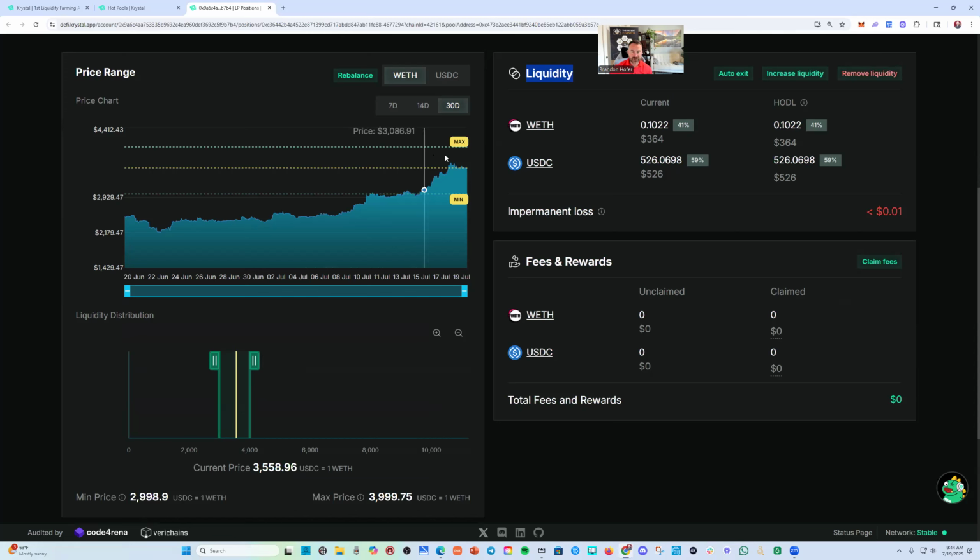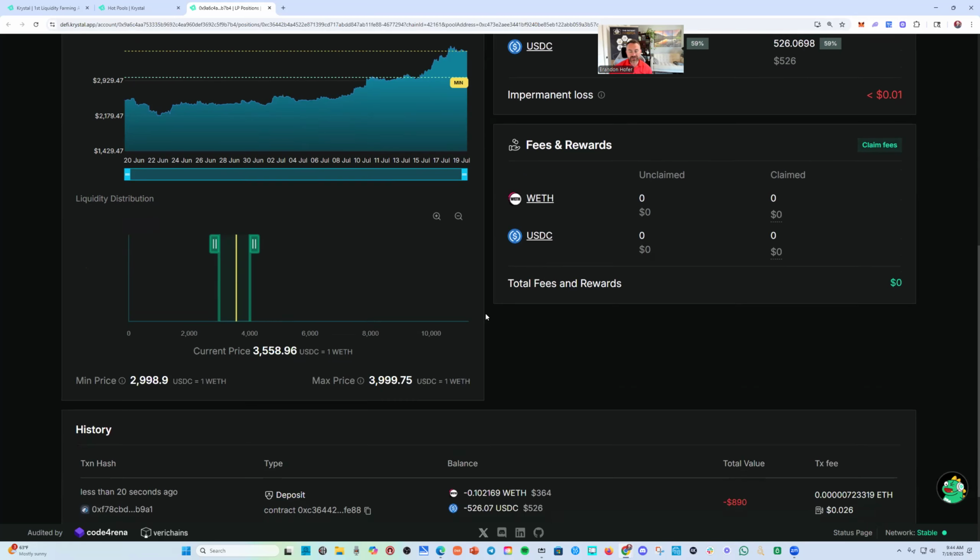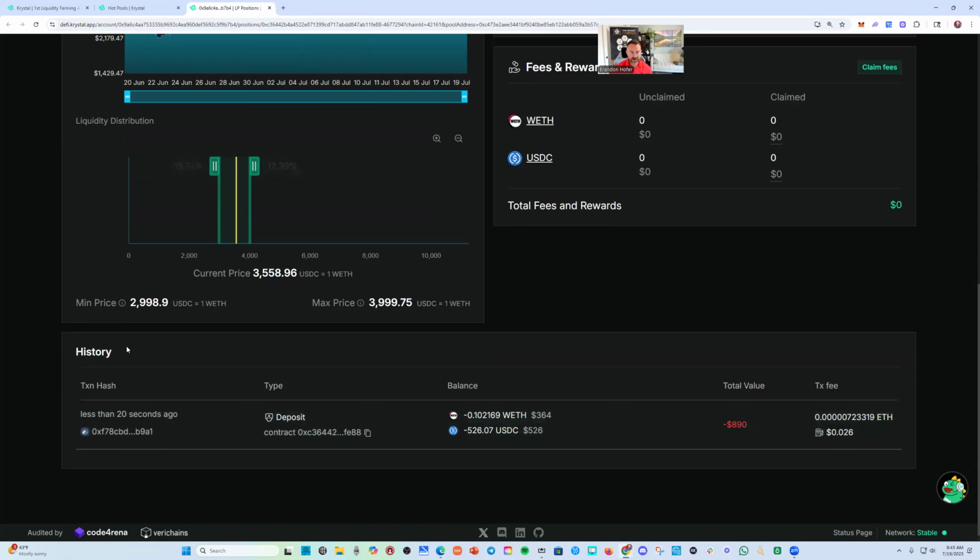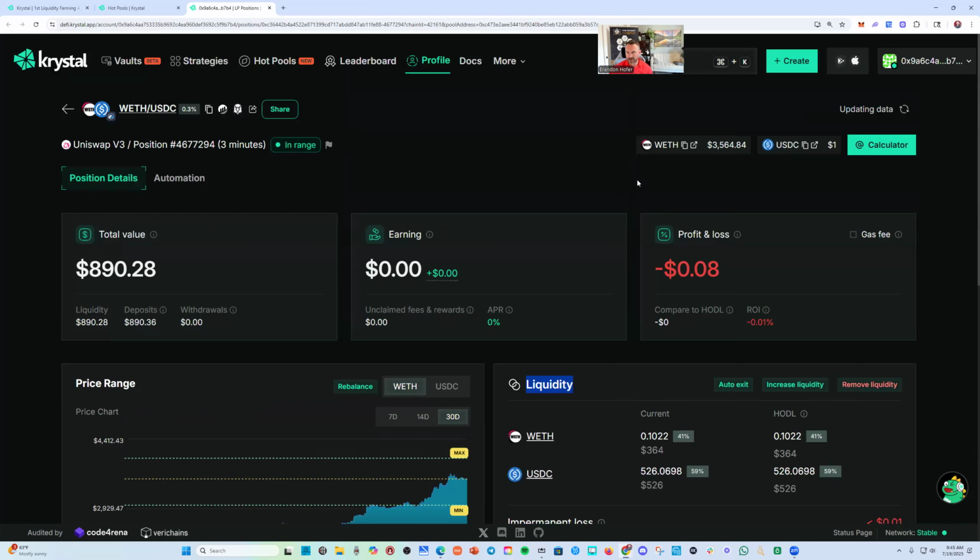And then, chart action. Here's your range. Here's the current Ethereum price action. There's just a lot of little data points that you can check in on. Here's the history of this particular position. We don't really need to get into all of that right now. There are other variables in terms of monitoring positions and making moves and rebalancing and whatnot. But for the sake of simplicity, ETH USDC,